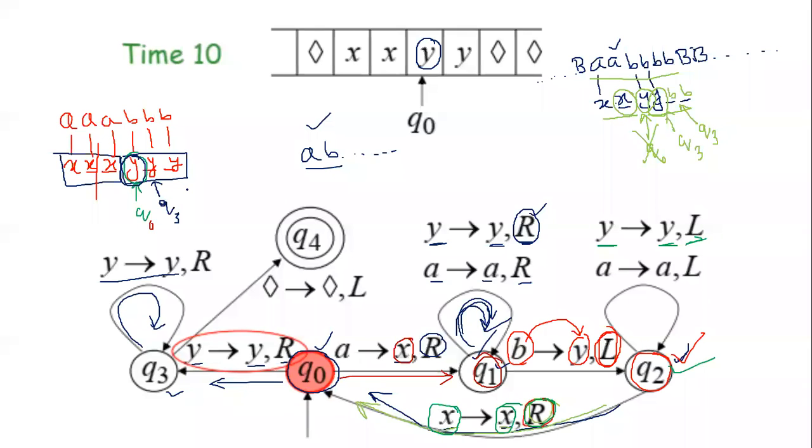Just changing the position of your read head to the right. That's all. So again, what will happen? Now your read head will point to the right, and you are in Q3 again. Again you see Y. Fine. Now your read head will point to somewhere over here, and you are in Q3, right? After working on this part.